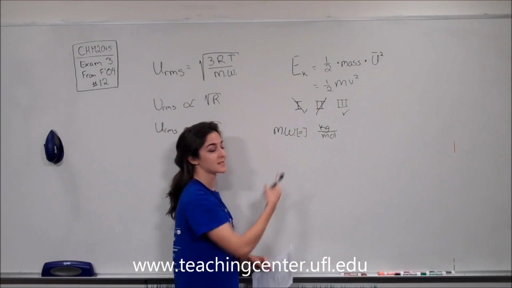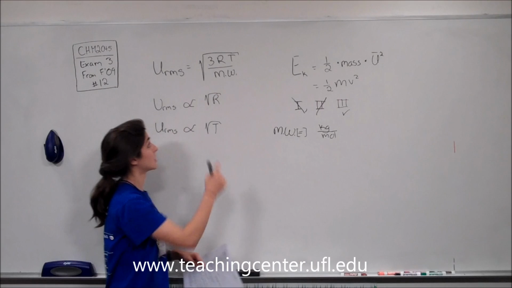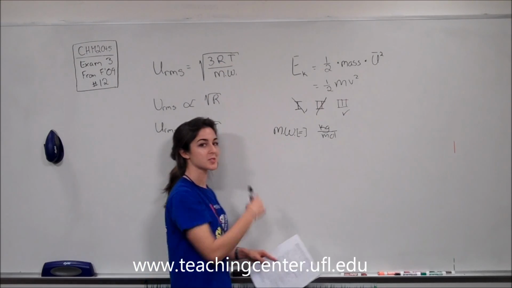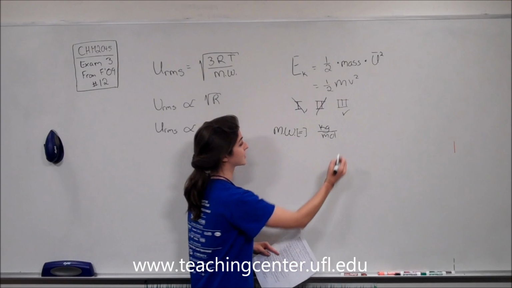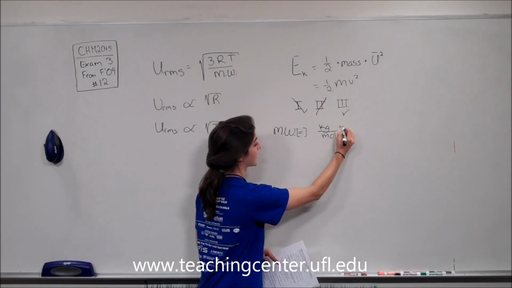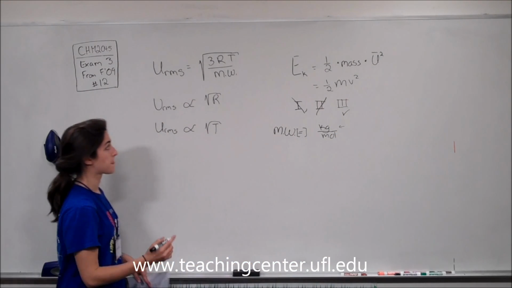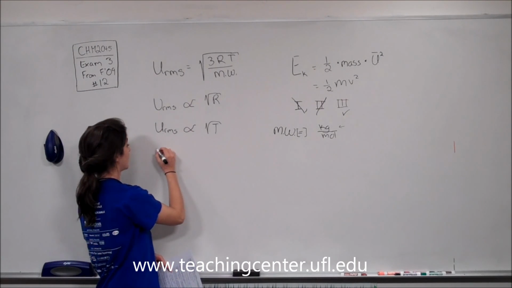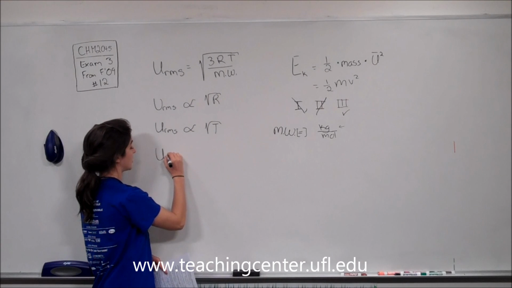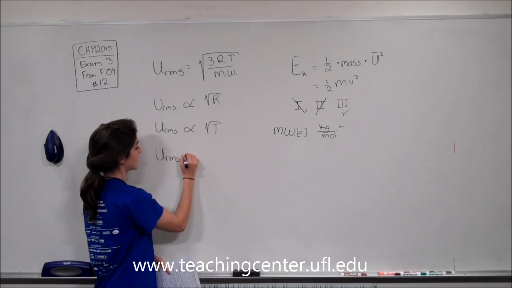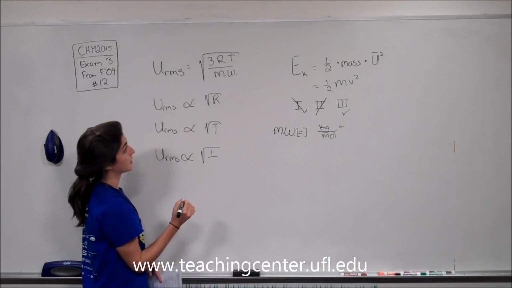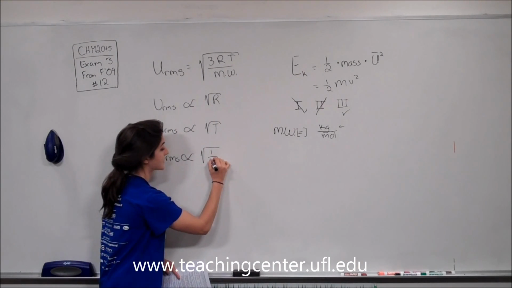This is in kilograms instead of grams because the gas constant up here is in kilograms, so that's why we use kilograms just for molecular weight here. So we see that this is the mass that the problem is talking about, and because it's on the bottom part right here, we'll have root mean square speed proportional to the square root of 1 over the mass